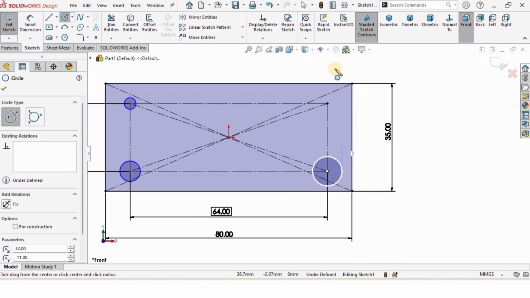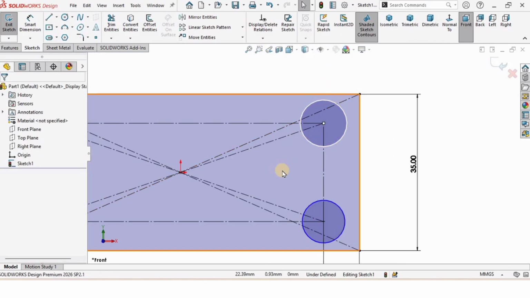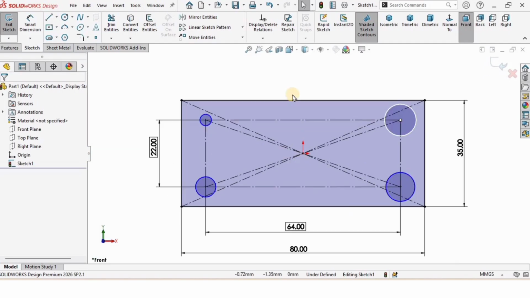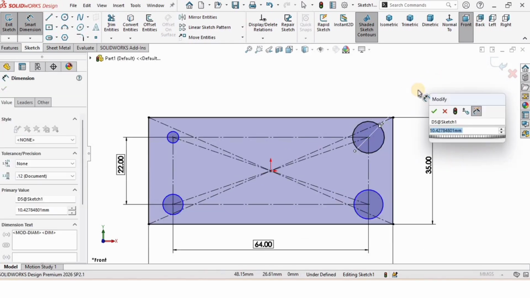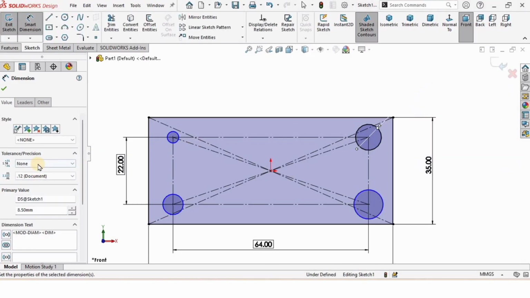Now let's select the circle and create 4 circles at corners of our reference rectangle that we have created. Okay, now I will define the diameter of these circles. So let's select the smart dimensioning tool and specify the diameter. So the diameter is going to be 8.5 mm. I will check this box, and let's